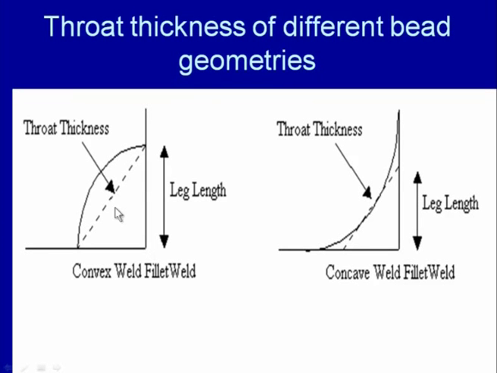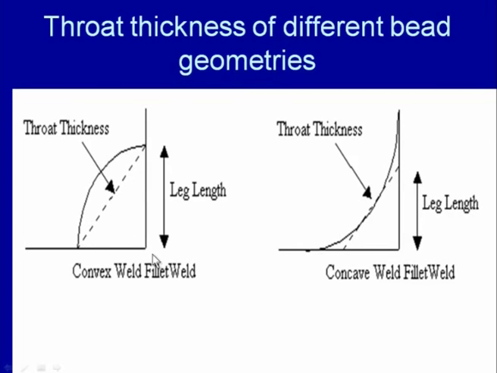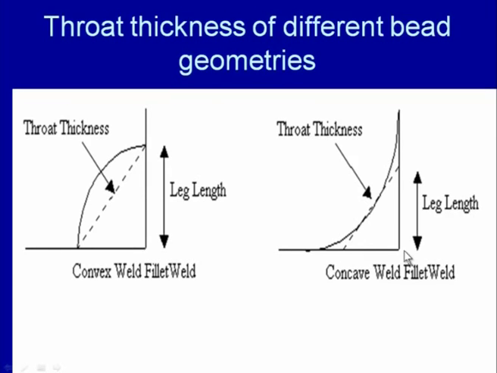straight line will be passed through the fillet weld. The shortest length of the straight line passing through the root of the fillet weld will give us the throat thickness. So, the length of this line which is passing through the root will give us the throat thickness, and if you see, this portion of the weld metal in case of the convex weld will not be considered for determining the throat thickness, while in case of the concave weld, the length of the straight line which is passing through the root should be used for determining the throat thickness,